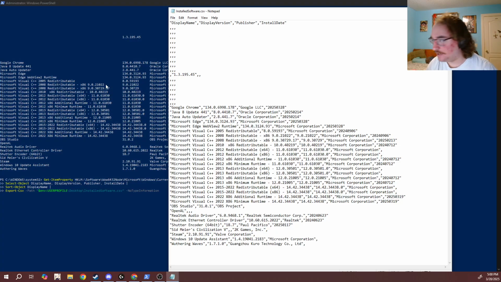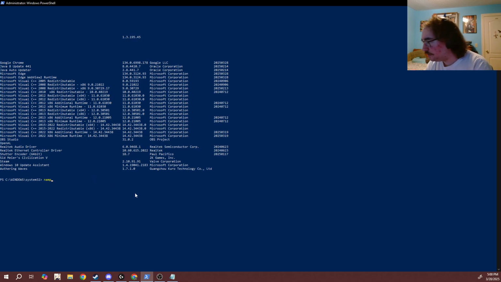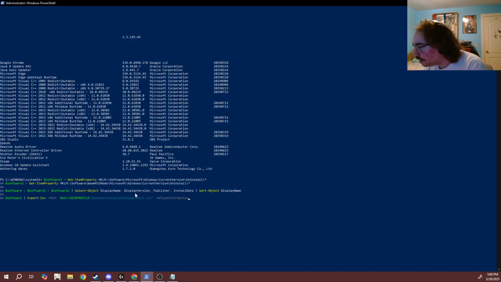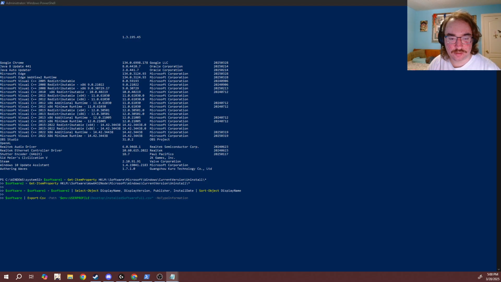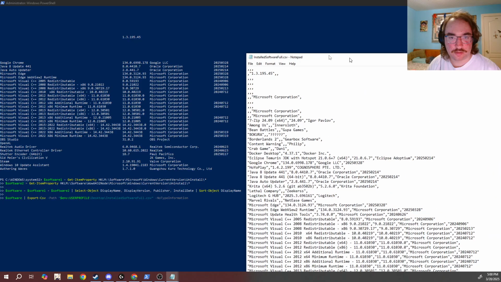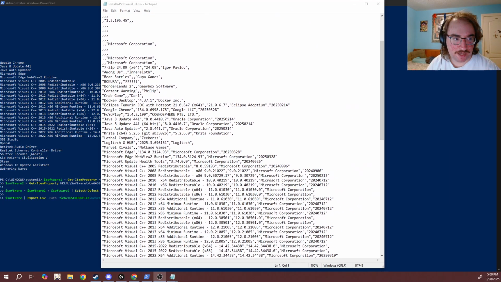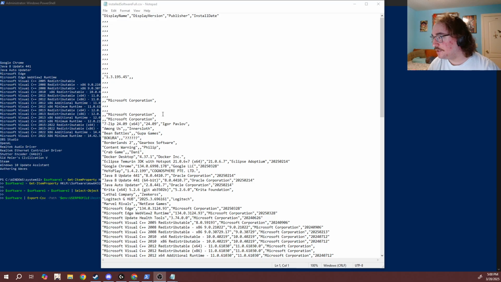And you can see it's the same information, but this time loaded into a CSV file. And the next command, this one right here, will pull both 64 and 32-bit applications, and I should have it right here. Yes, here, this CSV file pulled up in Notepad, which has both 64 and 32-bit applications that are installed here